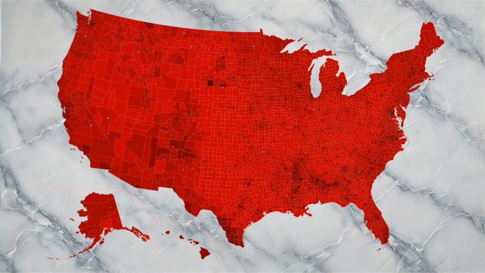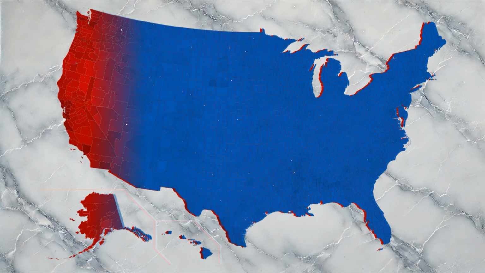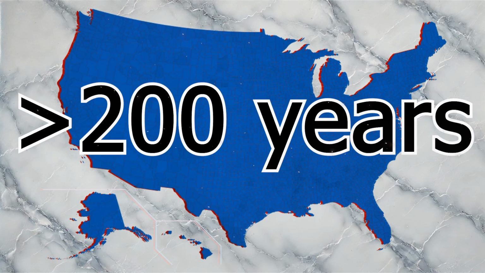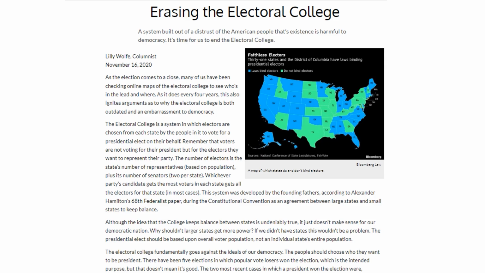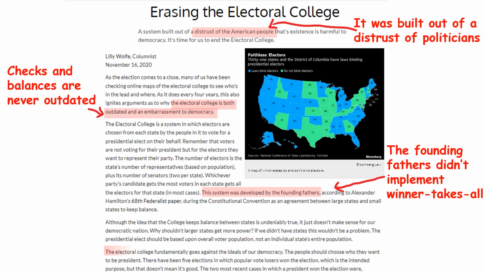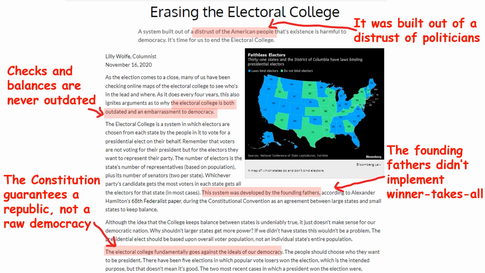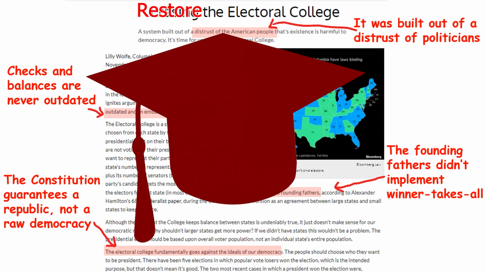What you might not have realized is that our elections have also been turning blue at the national level for more than 200 years. So far in this election reform series, I have debunked several misleading claims made by progressive groups that are trying to erase the last vestiges of republicanism from our elections. I'm going to show you how to thwart such claims forever and restore and protect the real Electoral College.